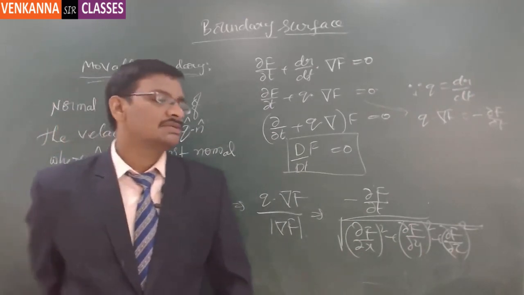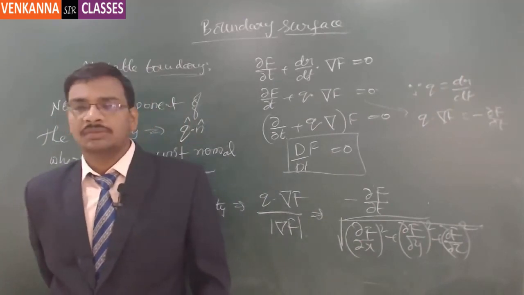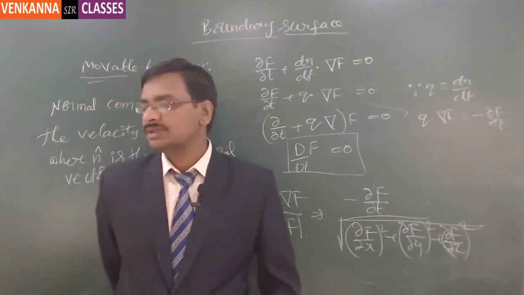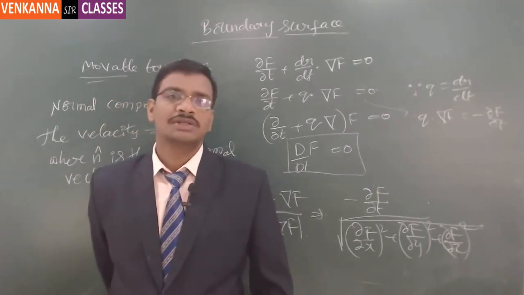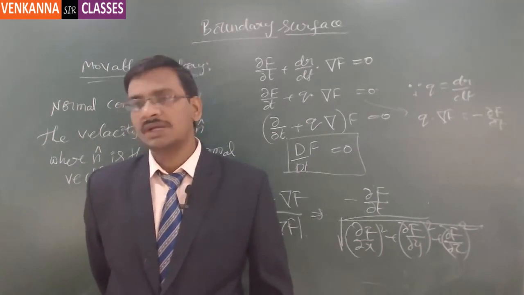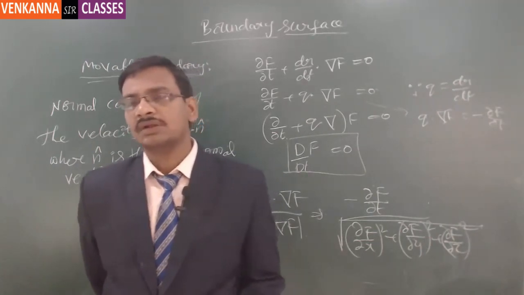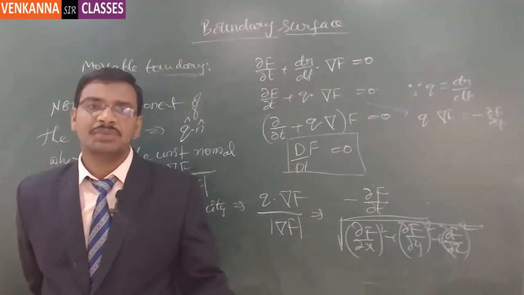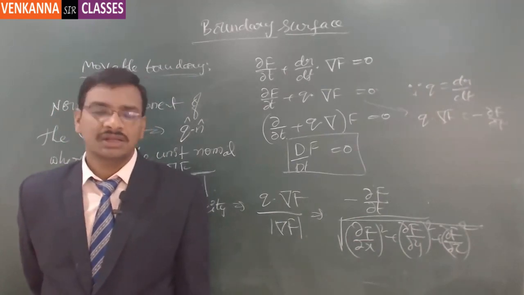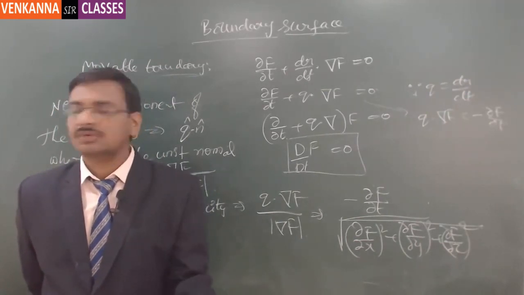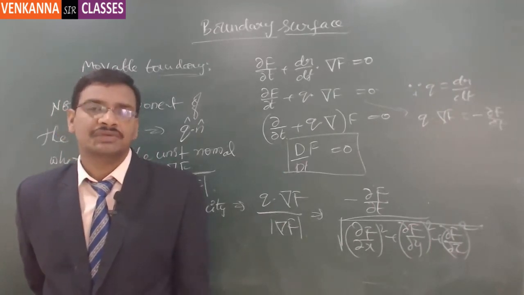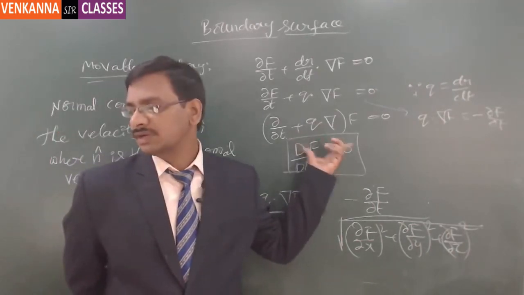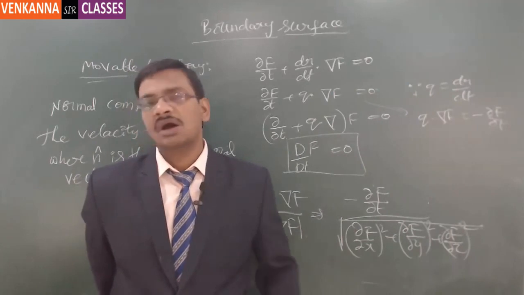So all these things come into the picture if there is a boundary between two different kinds of surfaces or two different kinds of material. Suppose there is oil and water, or a wall and the water, or air and wall, or air and water. These are the places wherein there is a possible surface, so there is a change in the material. If there is a change in the material, then there is a surface on top of this. So what is the boundary condition there? That boundary condition is verified based on the material derivative. If it is equal to 0, then that is a possible boundary surface,